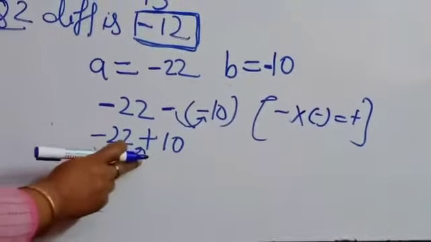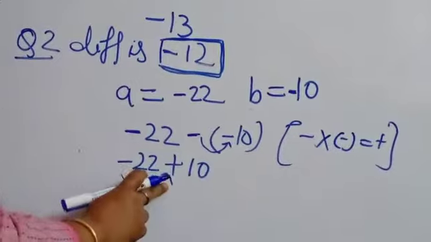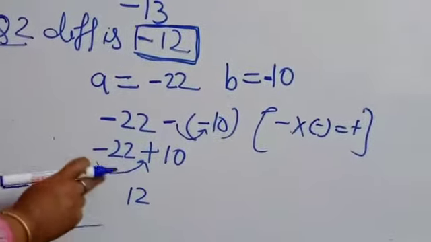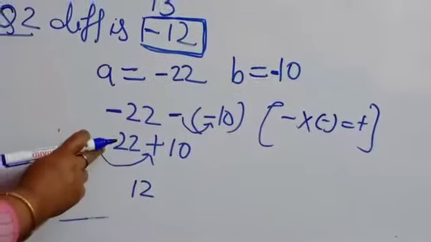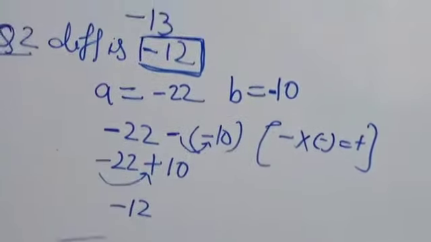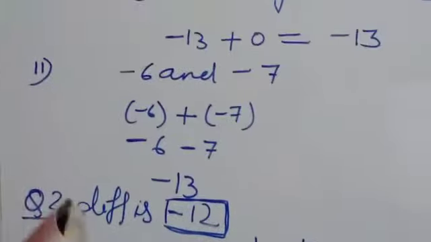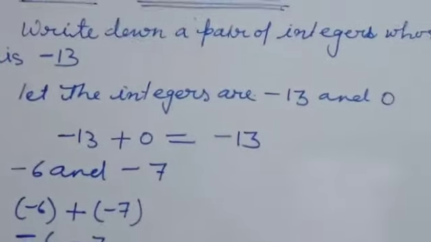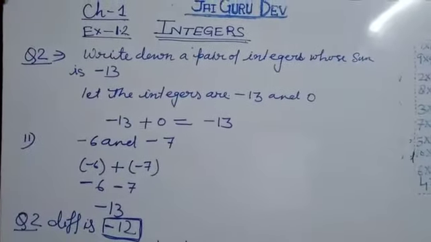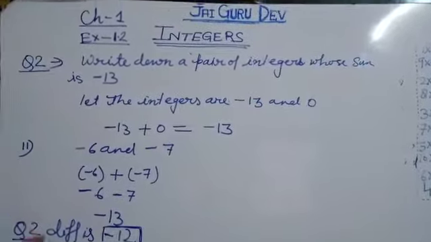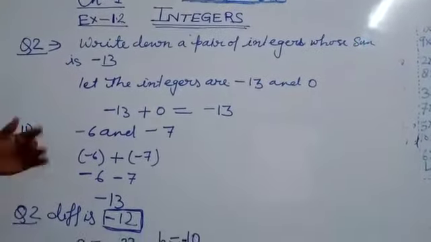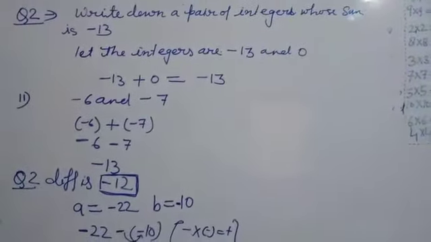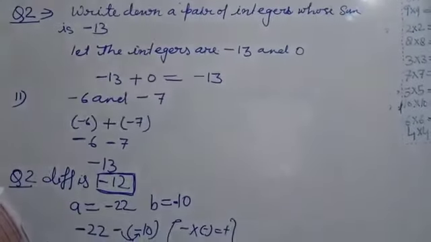Two opposite sign numbers are always subtracted. Now subtract 22 minus 10. What will it be? 12. Okay, the greater number has the minus sign, so minus 12 will come. So it may be possible that the same answer is written in your answer sheet. I have not seen there, and it may be possible that this will not be the answer. So don't think that ma'am has done wrong, or you can think of an answer apart from this one also. Okay, many more answers, infinite number of answers we can search for these questions.